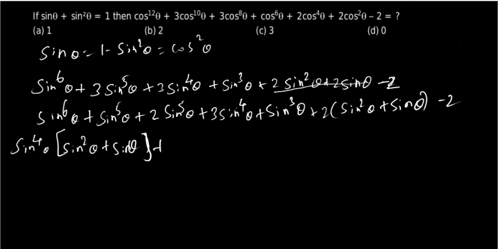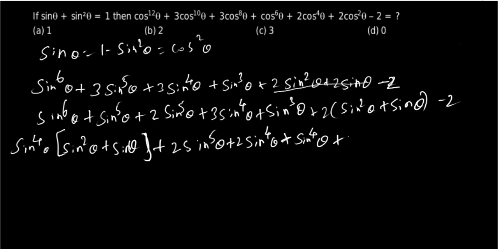So this 2 sine to the power 5 theta, here also let me write 2 sine to the power 4 theta plus sine to the power 4 theta. So 2 can be taken outside. So let me write 2 sine to the power 5 theta as it is. This 3 sine power 4 theta can be written as plus 2 sine to the power 4 theta plus 1 sine to the power 4 theta